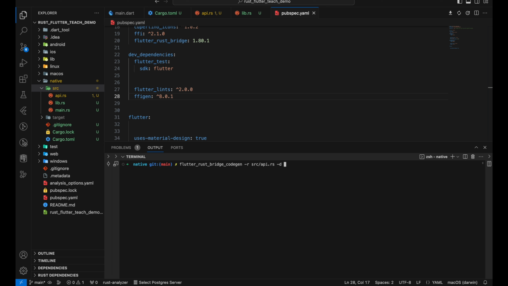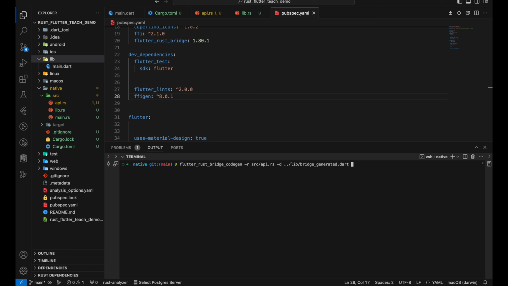The -d would be the Dart output, so ./ we go to the root folder and then lib. Inside the lib, we will generate a file called bridge_generated.dart, and then the --dart-decl-output will be the definition file, also in lib, bridge_definitions.dart. So let's hit enter.